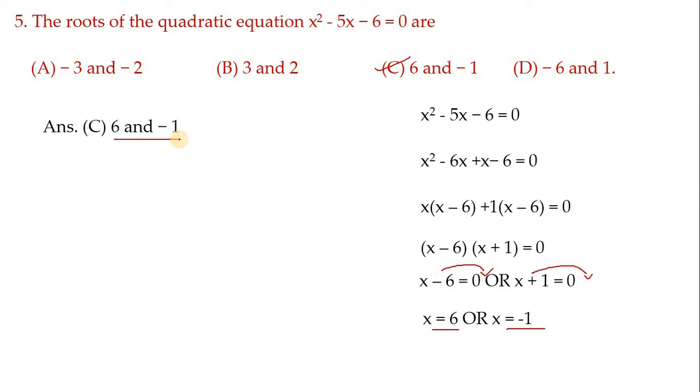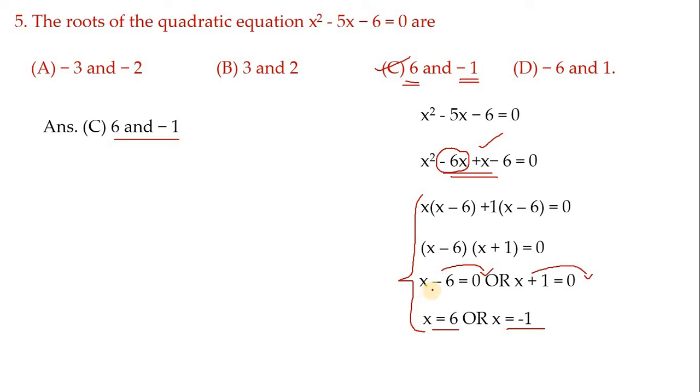And children, here I can give you one clue. See, after getting the factors, easily you can find the answer. See here, one factor is minus 6. So the factor is in minus, so the answer will be in plus. And see, we have got plus 6 here. And here another factor is plus 1. Hence we get minus 1. So if you keep this in your mind, you can easily skip these many steps.